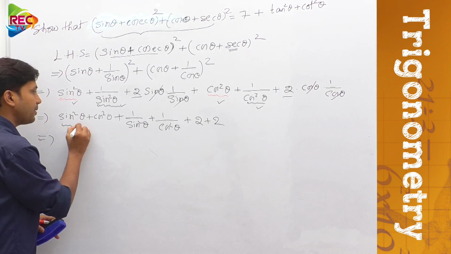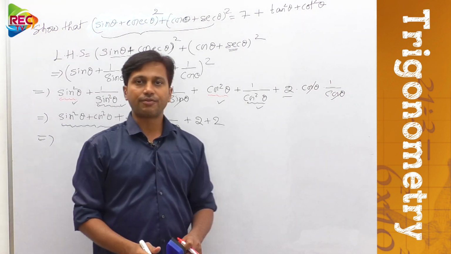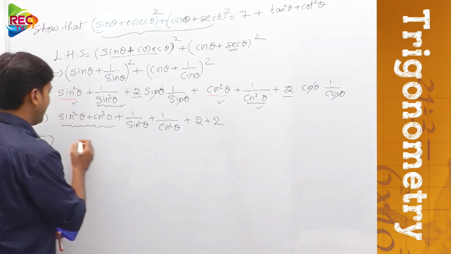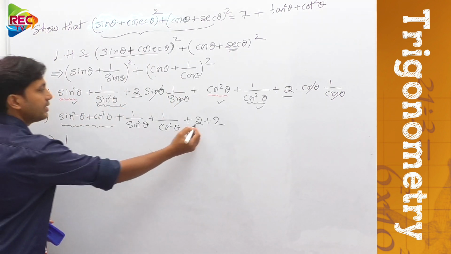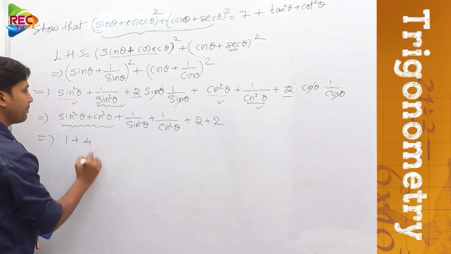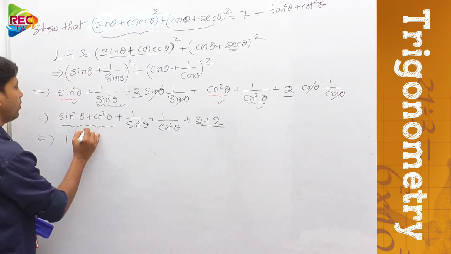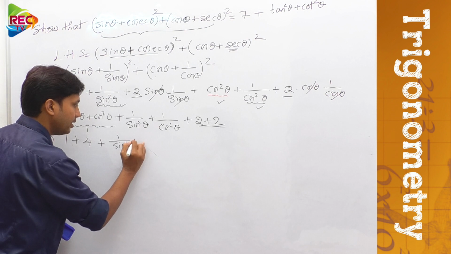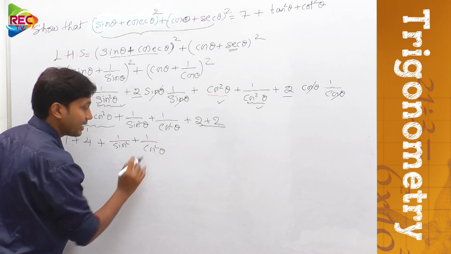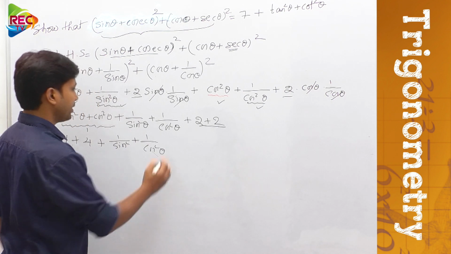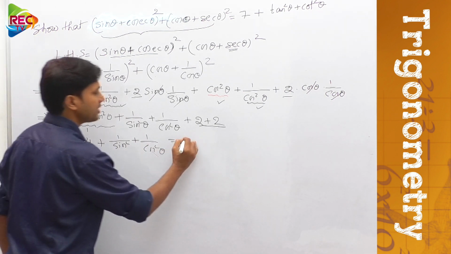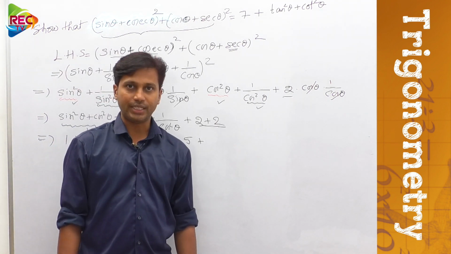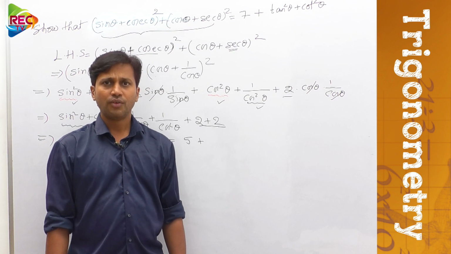Right, sin square theta plus cos square theta. As you know from the basic identities of trigonometry, what is that? Sin square theta plus cos square theta is 1, right? Okay, anyhow, 1. This 2 plus 2 would be 4. I am writing here. This is 1, so 1 plus 4, plus 1 by sin square theta plus 1 by cos square theta. Clear for you guys or not? Okay, just see. 1 plus 4, how much is that? 5. Now tell me, 1 by sin square theta and 1 by cos square theta is left here. Now we need to do the further simplification. For that, what we need to do?